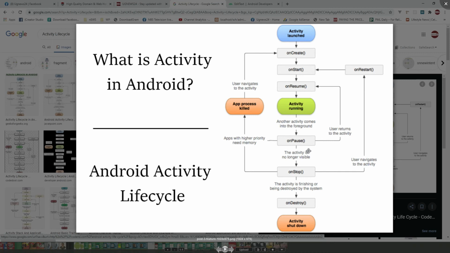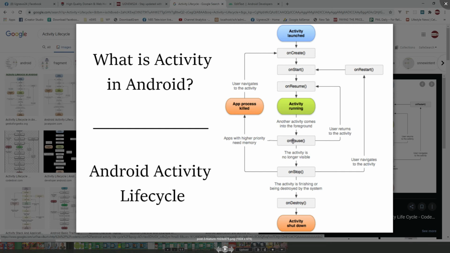The operating system will call one of these when it happens. For example, the activity is launched; this one is just done by the operating system. Then we have the onCreate event, which will be called when the application is being created for the first time. So it starts with onCreate, then it comes to onStart. After creating, it starts. Then after starting, it resumes. Resume will always be called after start. After doing your things, or after the application executes,